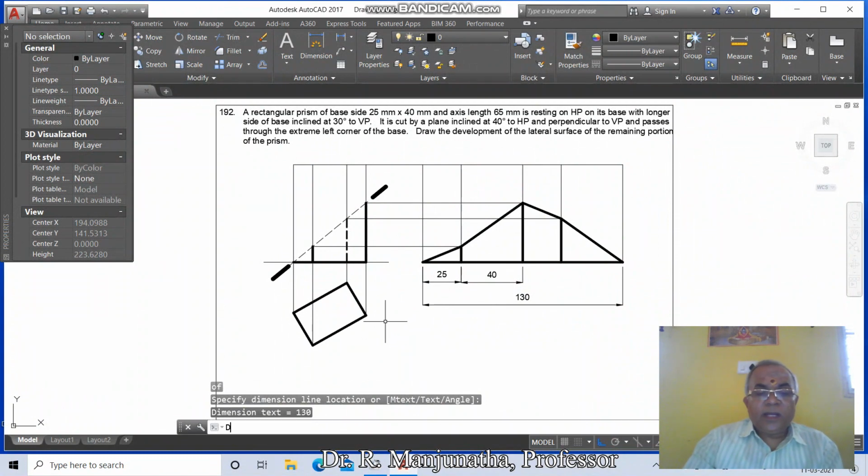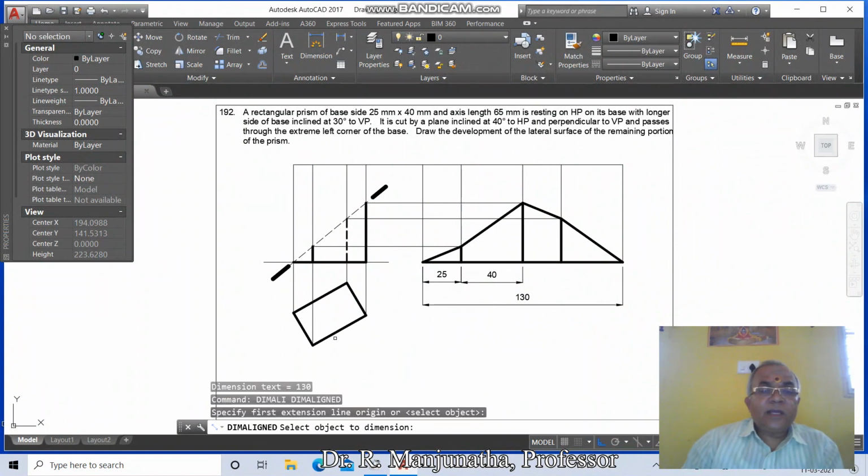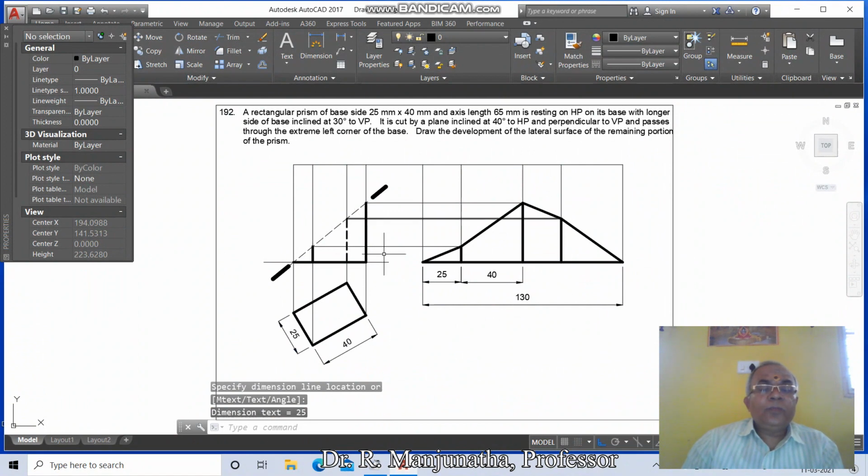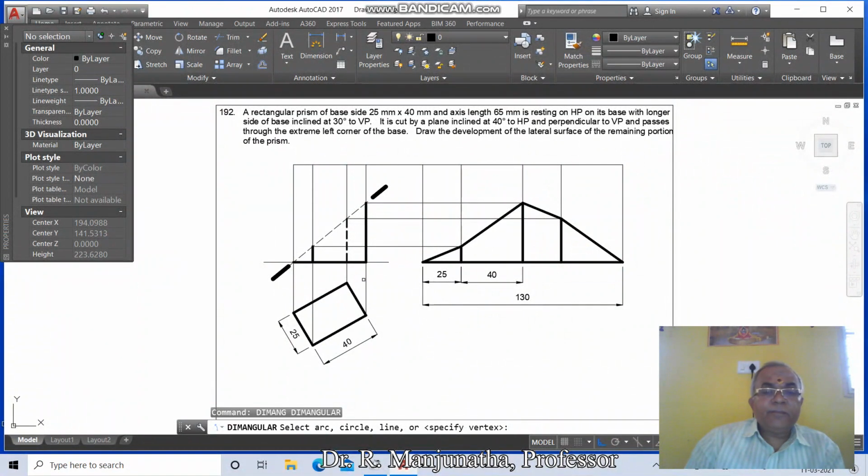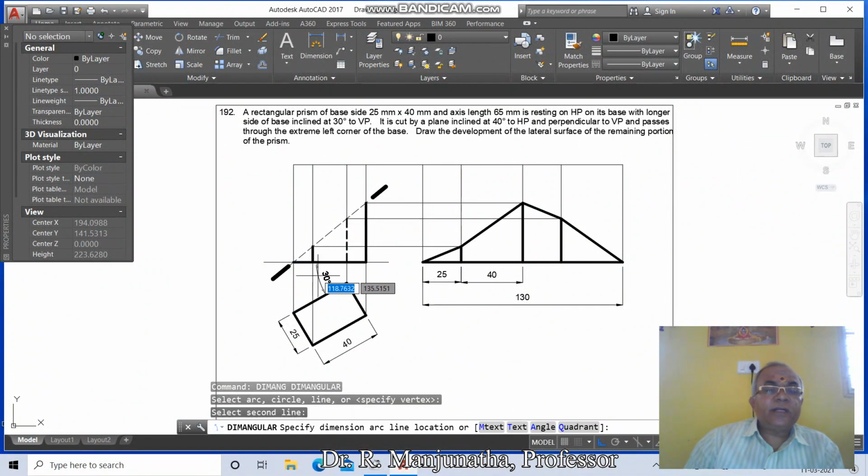Then go to dim aligned. You select this line, you take this dimension as 40, and then dim aligned, select this line and dimension as 25. Then go to dim angular, select this line and select this line, you give this dimension as 30 degrees.